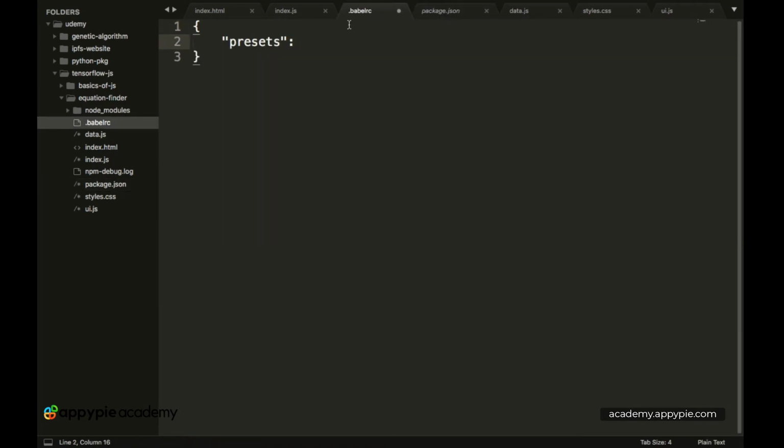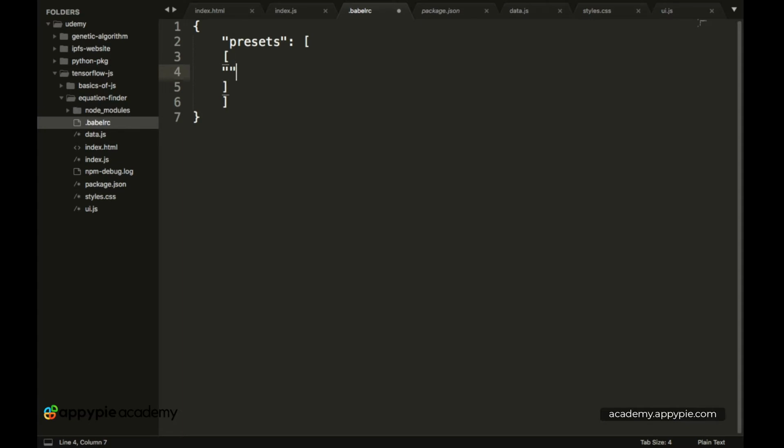Over here, presets has square brackets, and on a new line we have another pair of square brackets, because we are going to put in some new values. Let's put in a square bracket again,